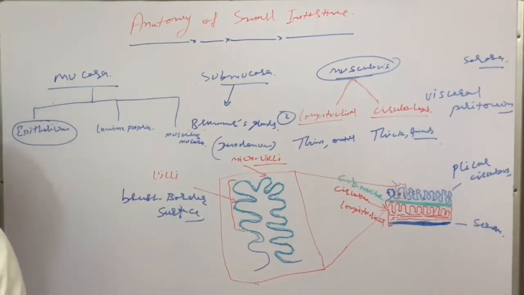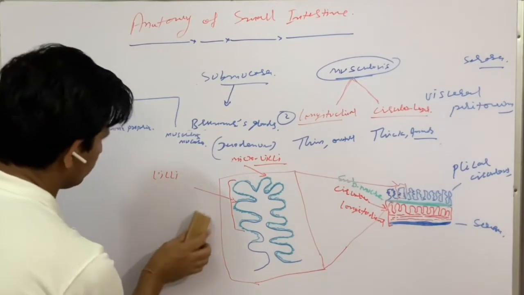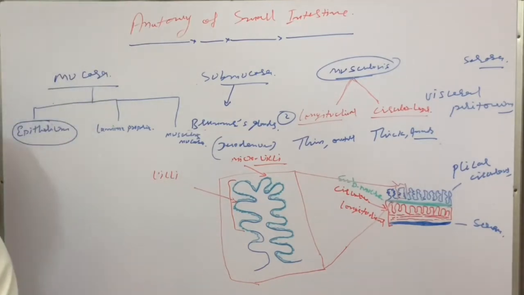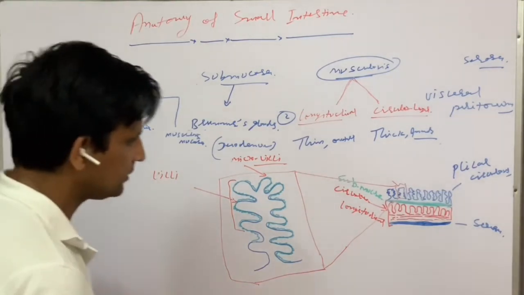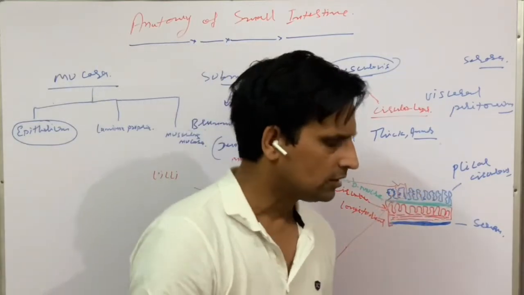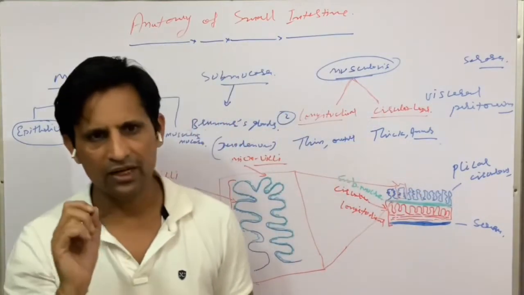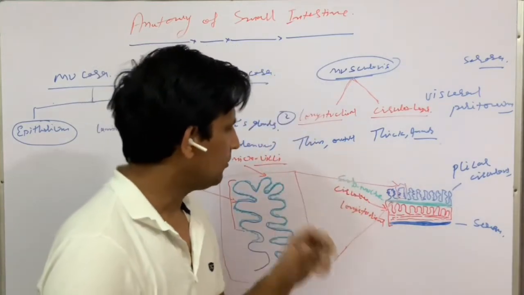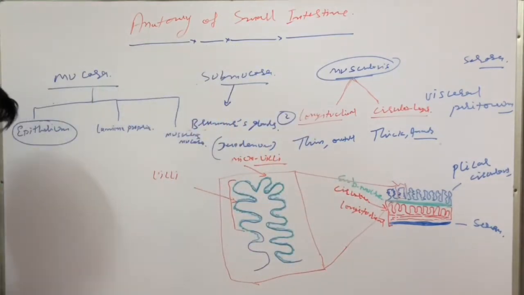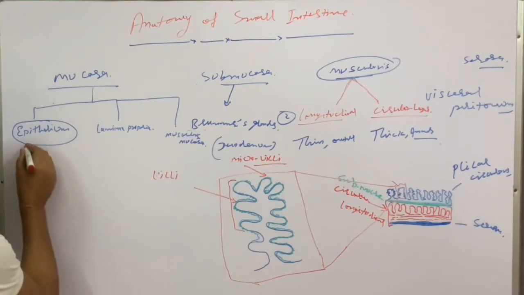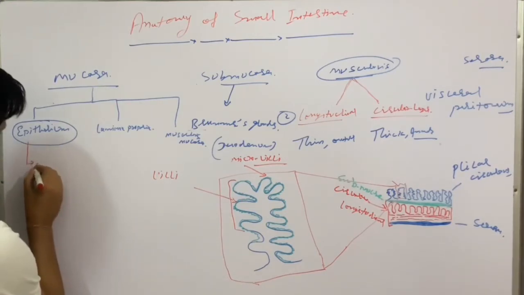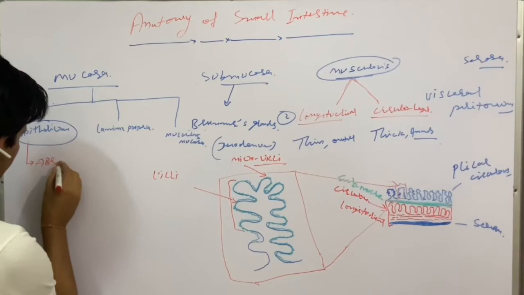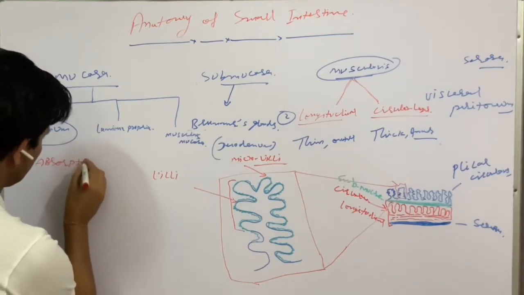One more thing which we should discuss in the epithelium section is that this layer contains very crucial, very important kinds of cells, right? Number one is the absorptive cells.